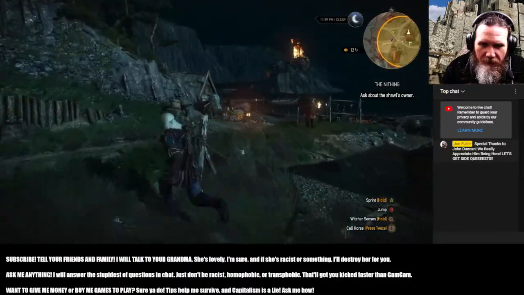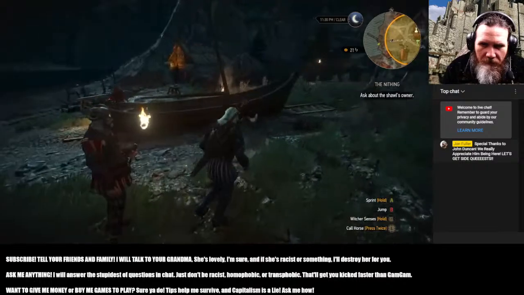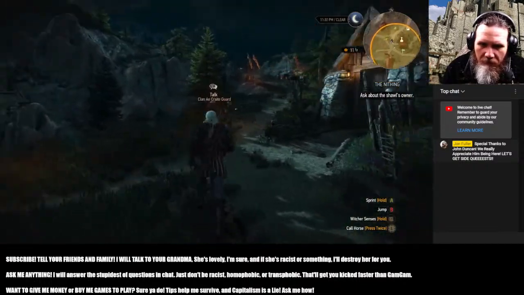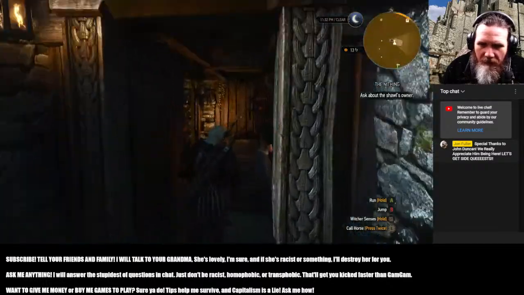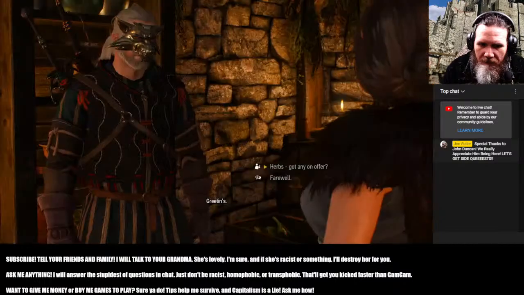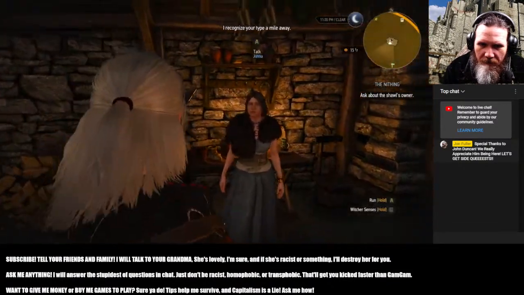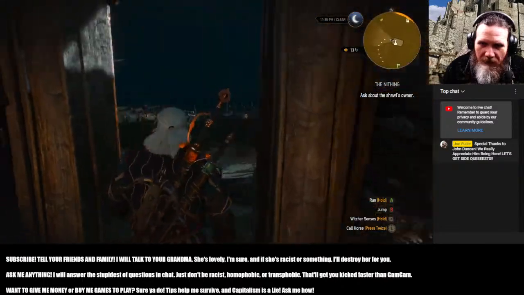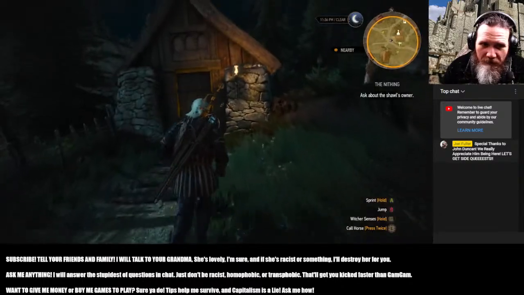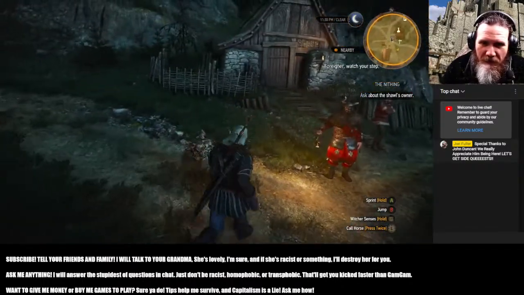Okay. Who do we talk to about this shawl? Guess we can talk to the herbalist again. Hey, Jonna. Greetings. See ya. Fare thee well. I recognize your type a mile away. That's good, because even though she has words for me, I like you, Jonna. Her name is like my name, but also with na, so...